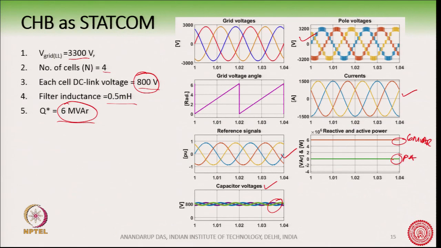Okay. Of course, this P star is not 0, it is some value here, but the value is so small that you are not able to see it, because this is taking care of the losses in the converter. But this value is definitely not 0. Okay. So, this is how the whole system looks, and these are some of the simulation results that we can see. You should go through it and try to make your own simulations and see how the whole system behaves.